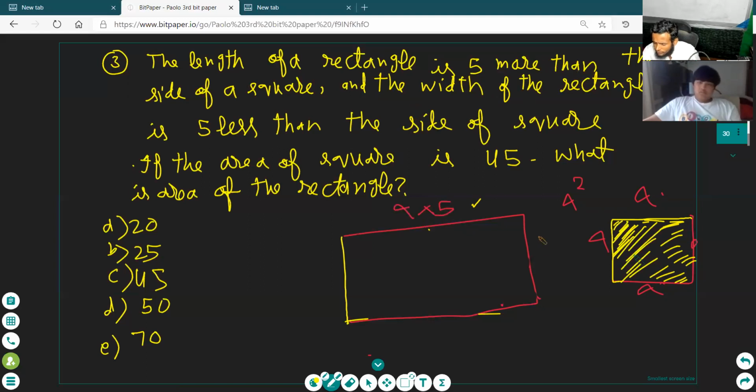5 more means A plus. If the side of the square is 10, this will be 15, that is 10 plus 5. If the side is A, then this will be A plus 5. Okay. And then read the next one. The width of the rectangle is